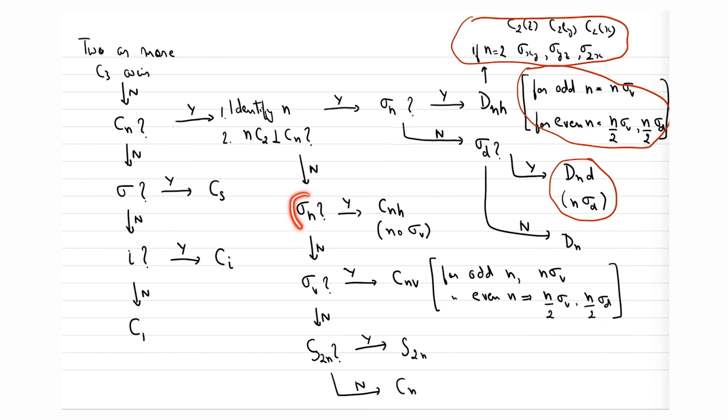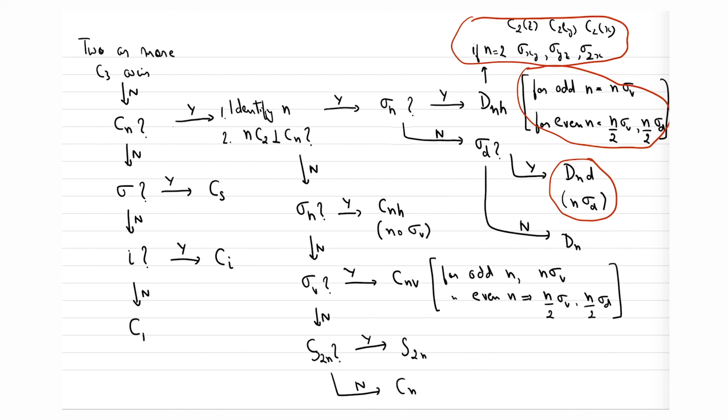Now again, here you are asking sigma h, and if sigma h is not present, then you are asking for a vertical plane of symmetry. You don't care whether it's a sigma v or sigma d, it will not change the category of your point group, right? So you make no mistake if you accidentally mix up which one is sigma v or sigma d. The problem is if you do not identify sigma h properly, then you may end up in the wrong point group. But if you identify the distinction between sigma h and sigma v, then you're all set. Then there is no problem.